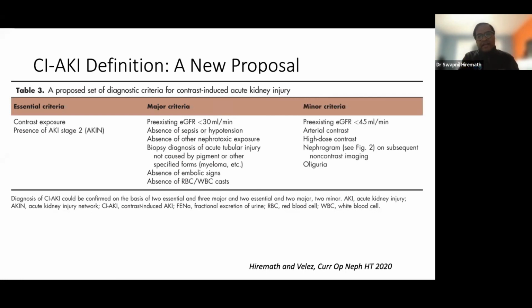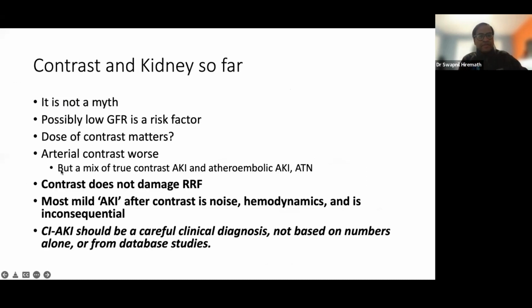I often like that, if you see a nephrogram or if there is oliguria, or there is high dose contrast, those are also additional circumstantial evidence. So these kinds of things may help. Again, this is just a criteria that we made up. It's not validated. It's not approved by any guidelines or any committees. But I think this is how you should be thinking when you have a patient and you're thinking of AKI and whether contrast is to blame.